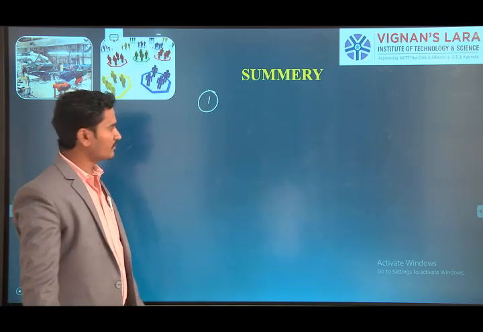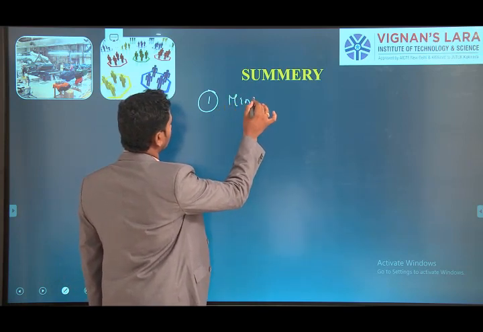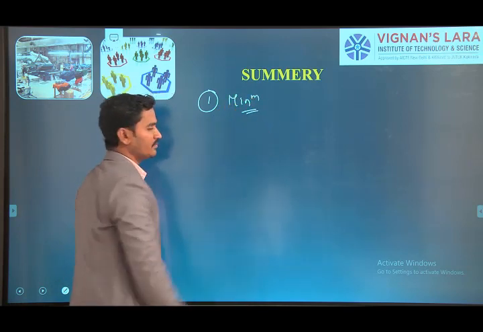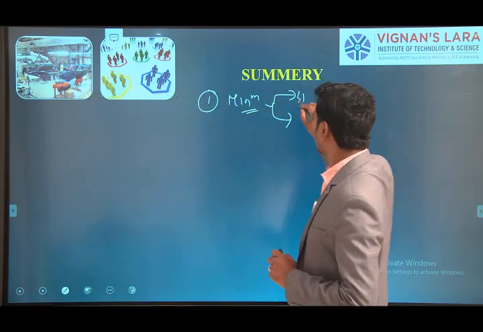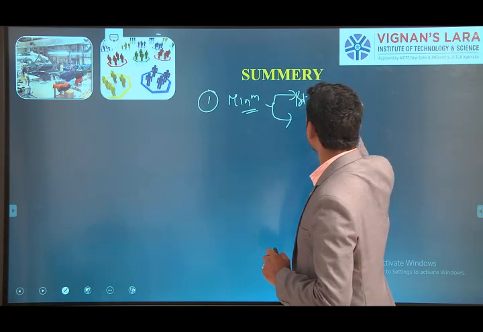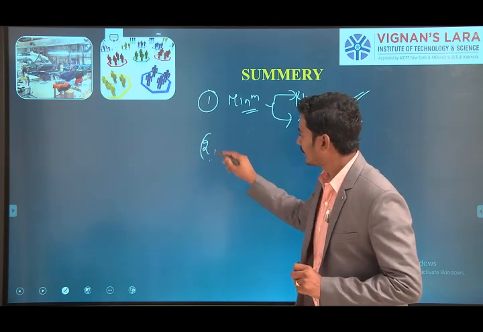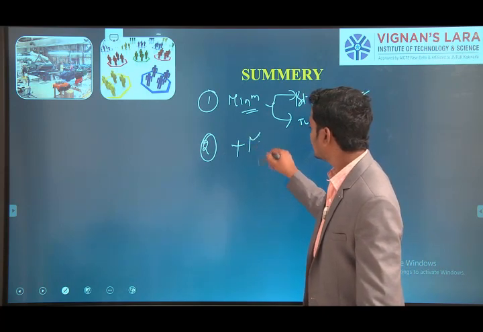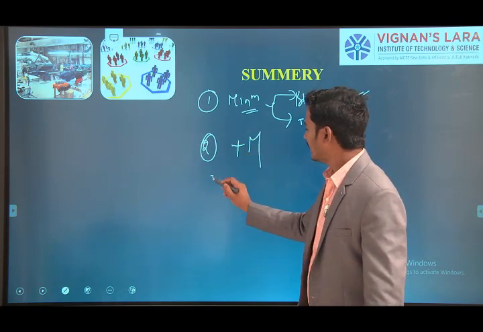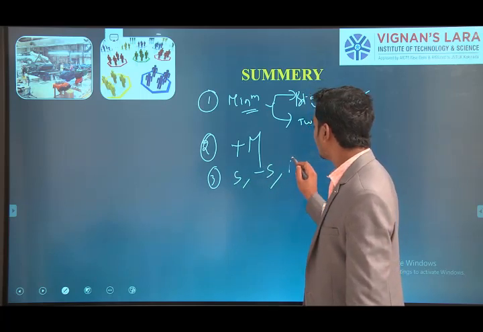Next, coming to the summary. In this lecture, we discussed how to solve minimization case problems. How do we solve the minimization case problem? We have two methods: one is the Big M method and the other is the two-phase method. In this class, we discussed the Big M method. What are the rules of the Big M method? Here we add penalties. We add the highest penalties to the objective function, and we take slack variables, surplus variables, and artificial variables.